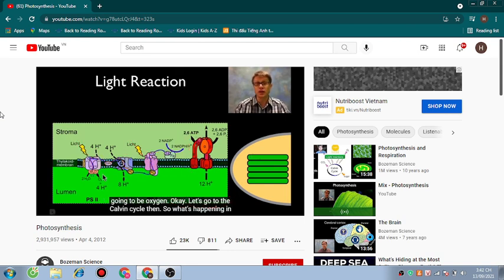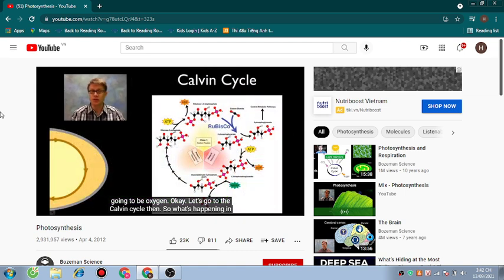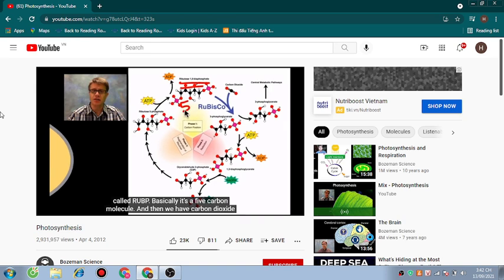Okay, let's go to the Calvin cycle then. What's happening in the Calvin cycle? You can see those reactions here. We've got our ATP here and NADPH. What are they providing? They are simply providing energy. We have this molecule called RuBP. Basically, it's a 5-carbon molecule, and then we have carbon dioxide